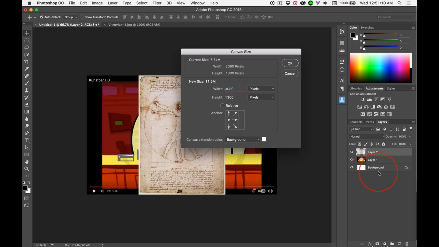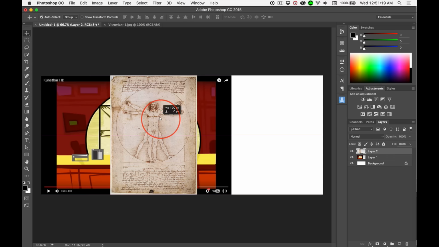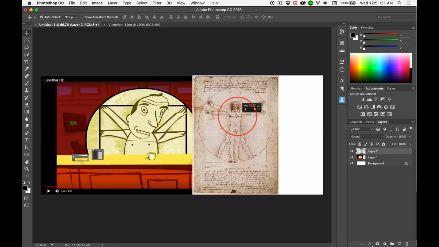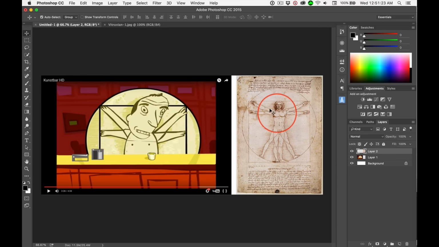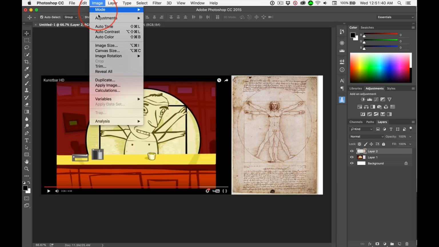And it's going to extend with the same background color. You can always switch this if this is wrong. Say OK. And then I'm going to click and drag on this, and I'll hold down Shift, and I can drag it all the way out to the end and have this white here. Or I can tuck it in so it snugs up right next to it. Then I want to trim this, and instead of getting the crop tool or anything like that,